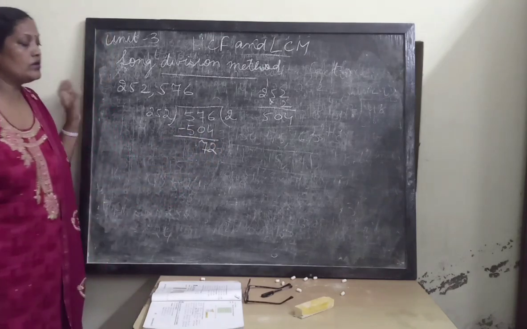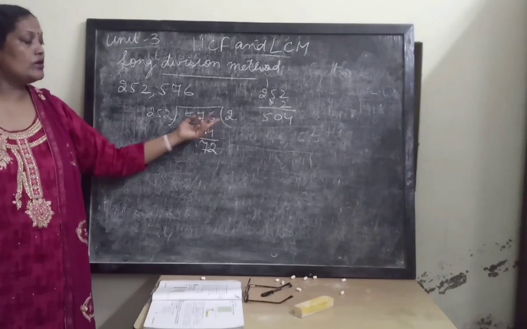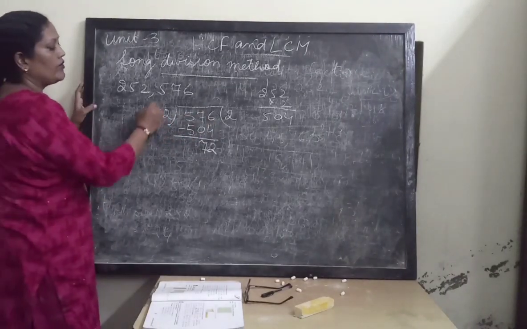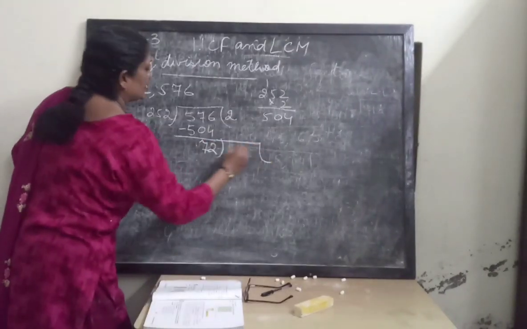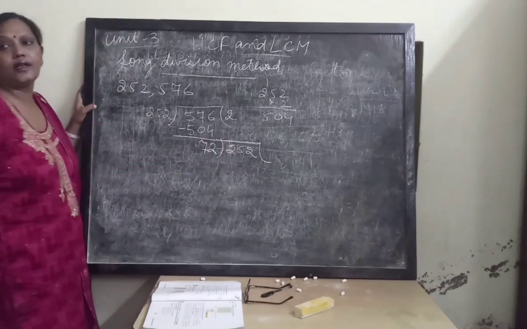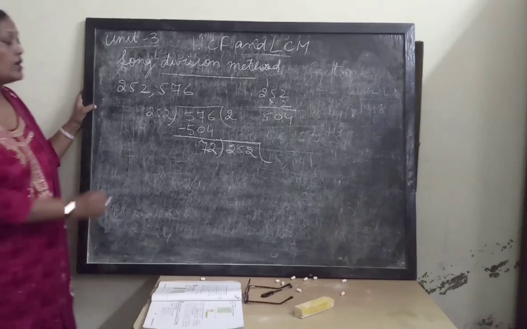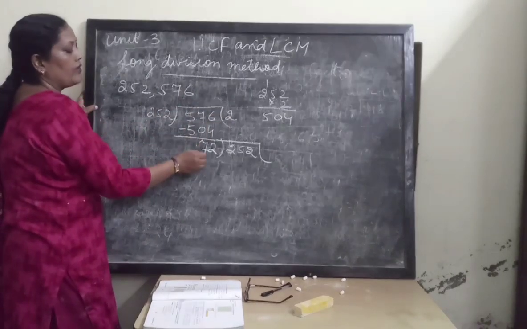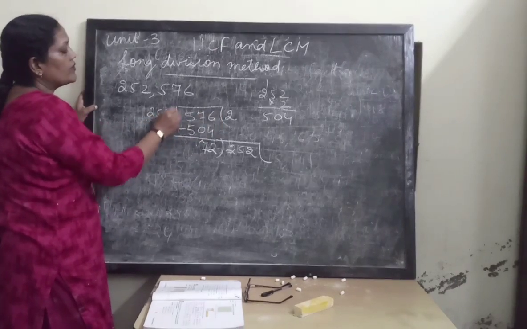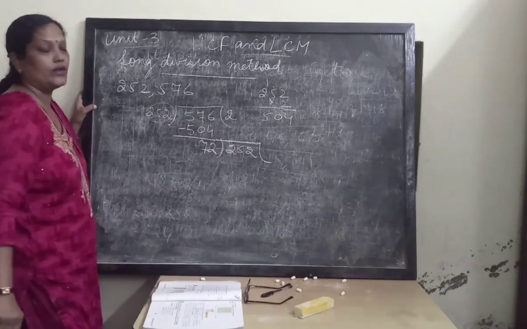Subtracting gives 72. Now 72 is the remainder. Here we are having no digit in the dividend. Now you will make this divisor the dividend. See the difference? First you have to divide and write it, find the remainder. Now no digit is in the dividend, so you will shift this divisor and make it a dividend.